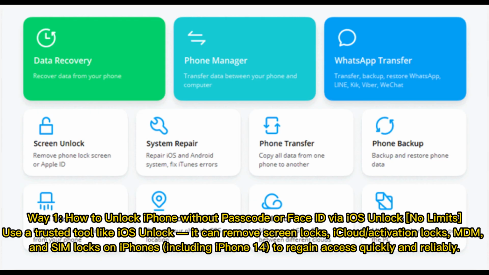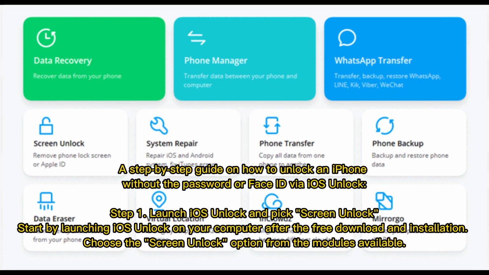Way 1. How to unlock iPhone without passcode or Face ID via iOS Unlock. No limits. Use a trusted tool like iOS Unlock. It can remove screen locks, iCloud or activation locks, MDM, and SIM locks on iPhones, including iPhone 14, to regain access quickly and reliably. A step-by-step guide on how to unlock an iPhone without the password or Face ID via